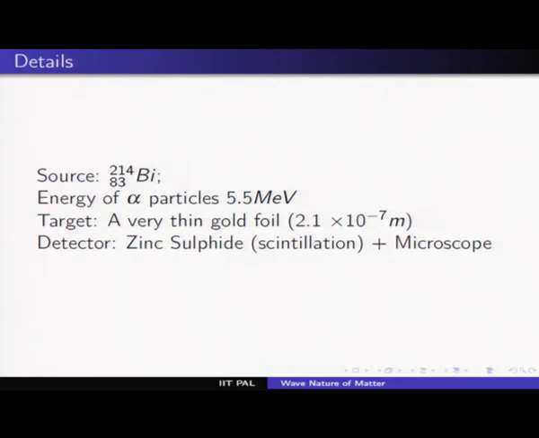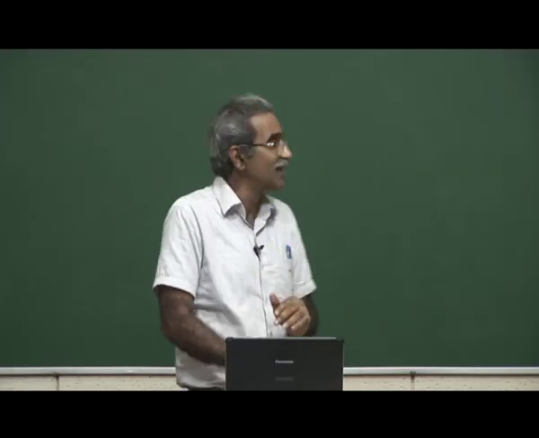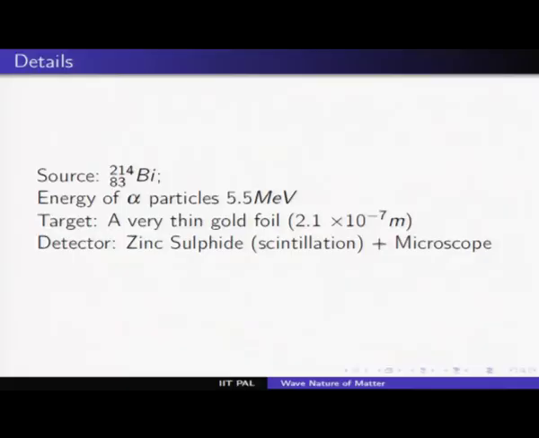And these produce alpha particles of energy 5.5 million electron volts. So now we are speaking of really large energies, and I want to spend quite some time playing around with that energy, if not today but in the next class. The target was a very thin gold foil. A foil is a very thin sheet. So a good example of such a foil probably would be the sliver of silver which we see on our sweets. It is a very thin layer, right? You can actually not peel it at all. It is stuck to the sweet. It is a very thin layer. How thin was it?